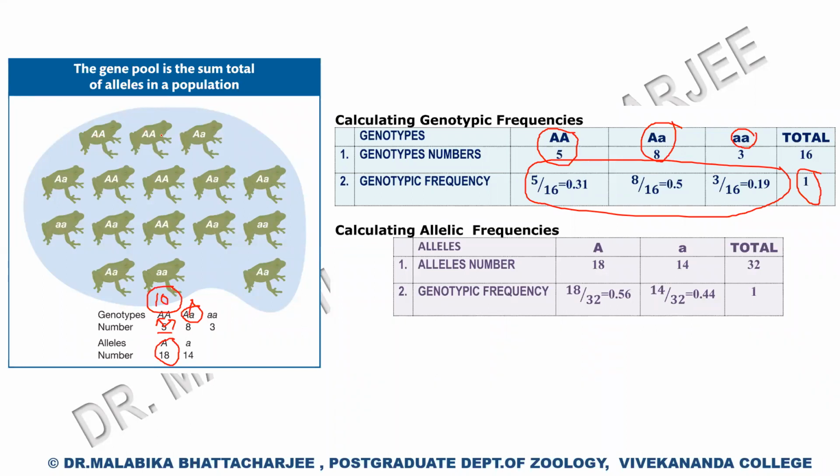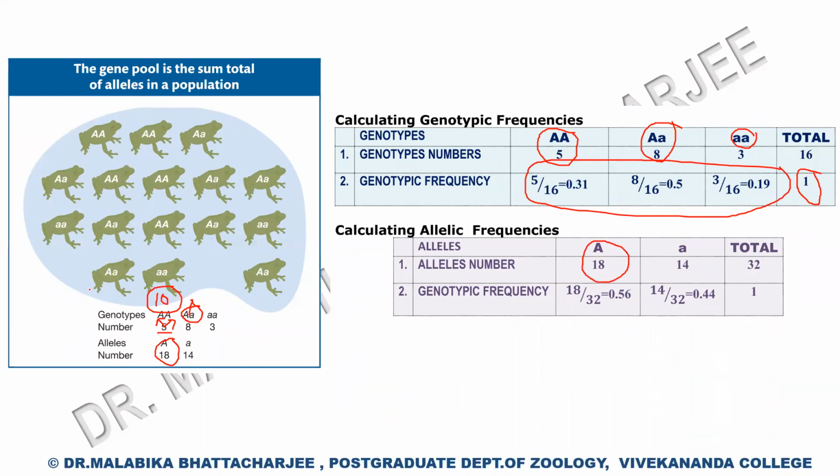1, 2, 3, 4, 5, 6. Let us first do the homozygotes. 1, 2, 3, 4, 5, 6, 7, 8, 9, 10. Plus now the heterozygotes. So 10 for the homozygotes, and 1, 2, 3, 4, 5, 6, 7, 8. So we have 18 capital A alleles. So that is it. I've written here there are 18 capital A alleles in this small population.